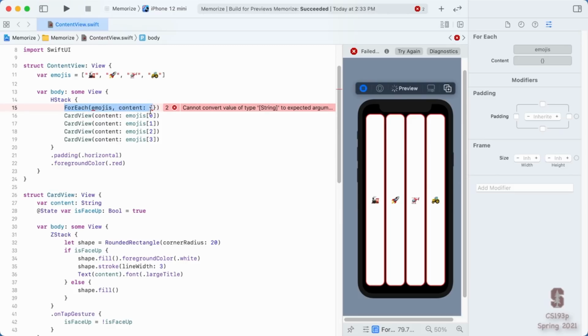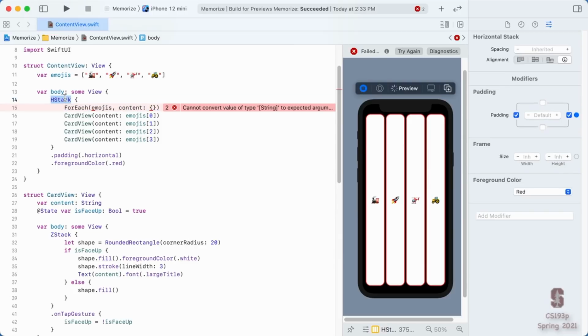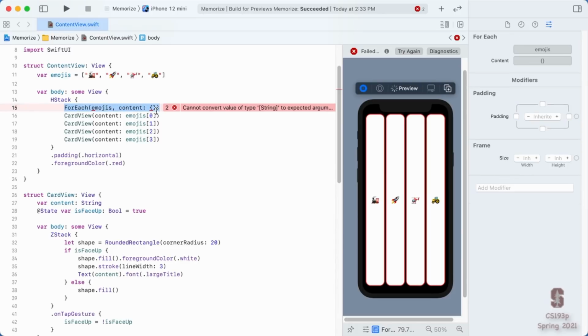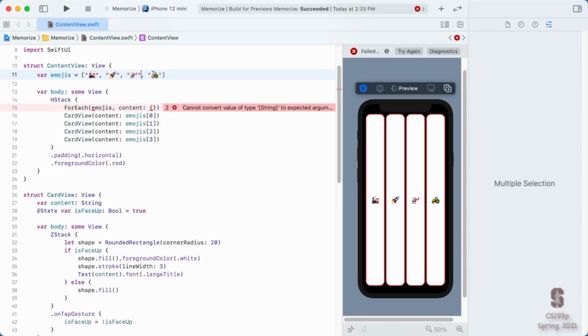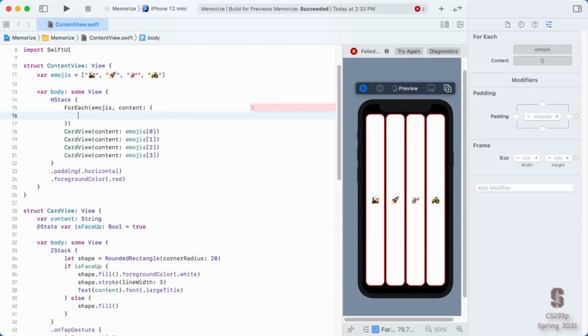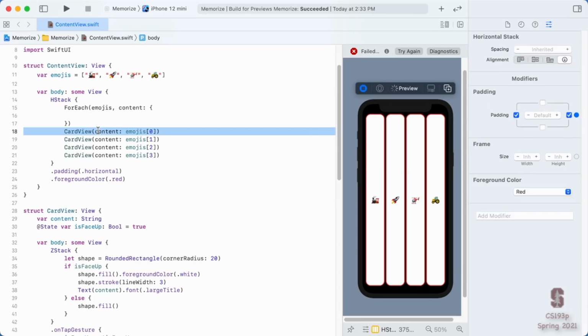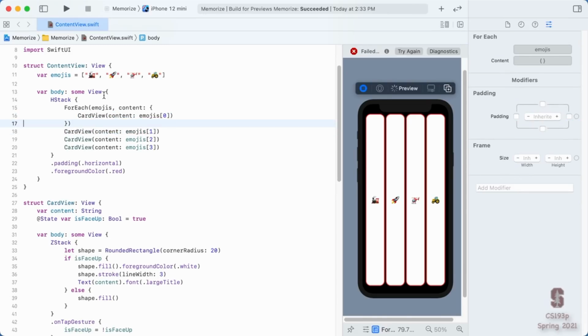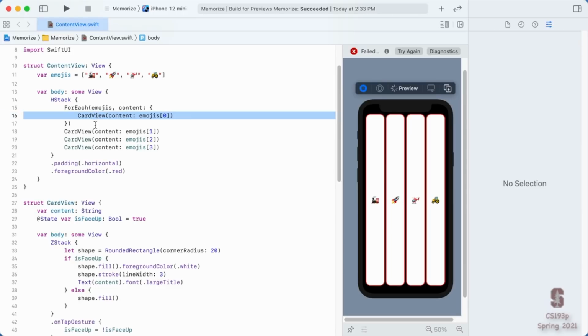So since this is going to be a bag of Lego, lots of Lego here, it only makes sense to put a for each inside something like an HStack, a view combiner, because the for each itself is not a view combiner, it's just a bag of Lego maker. Right? It makes a bag of Lego filled with stuff by doing something for each of the things in this array. This content can just be our card view. So for each of the emojis in here, we're going to build a card view.